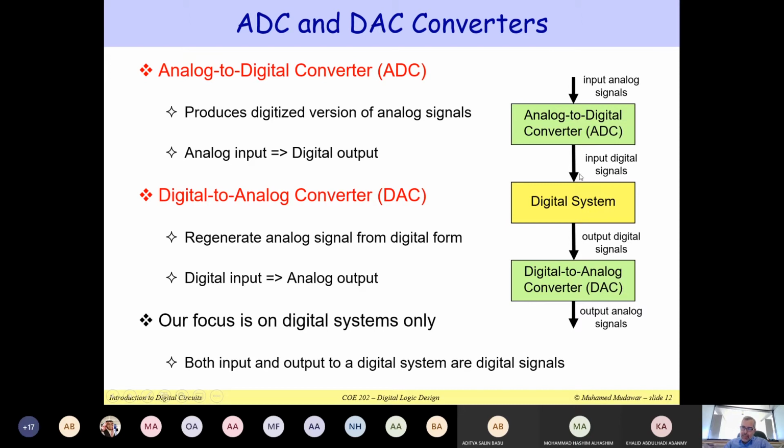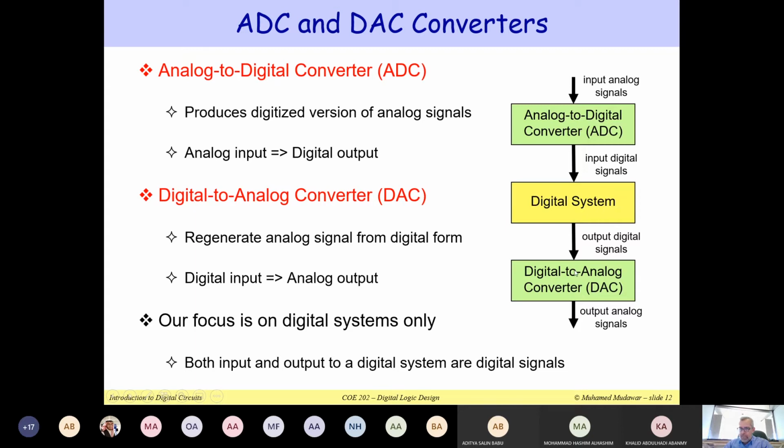Now, this digital signal can be stored or it can be processed by a digital system, like a computer system. So the computer system is a digital system. And now when you would like, let us say, to transmit digital sound over a network and receive it on another computer system, once it has been received and you would like to hear the sound, there is another converter that will convert the digital signal, the digital sound, back to analog.